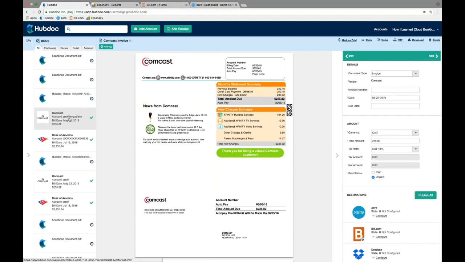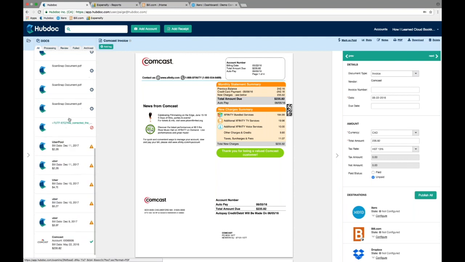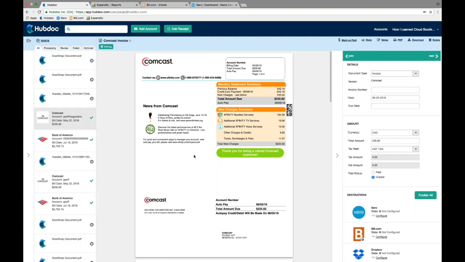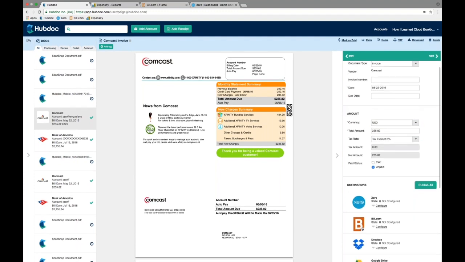We're still going to use this document for the purpose of our demo, but more likely than not, this Comcast bill would have the hazard sign here to indicate that it's in the review stage. So for the Comcast bill itself, I'm just going to validate that all the information is correct, from the date to the total amount to the vendor name. So Comcast, the date is fine. I'm just going to change the currency because it's a US transaction and we don't really necessarily care about tax. So this is a bill that's to be paid,